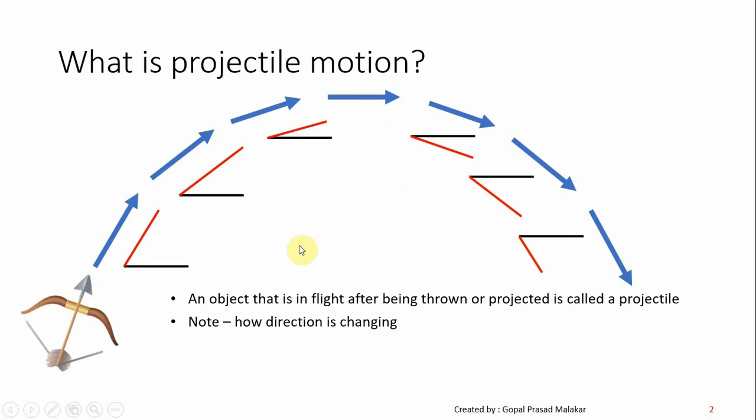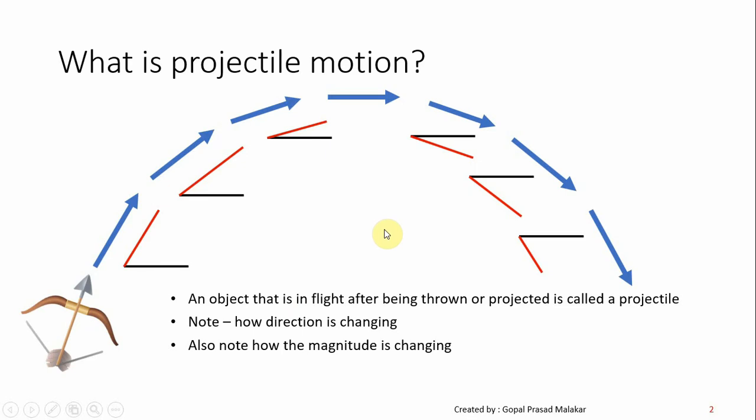One more thing, you look carefully. This is actually slightly more than this. This is slightly more than this. This is the least. Then actually this magnitude starts increasing. This is slightly more than this. This is slightly more than this, and this is slightly more than this. So why is it happening? How the magnitude is changing and how the direction is changing, that's what I'm going to explain.